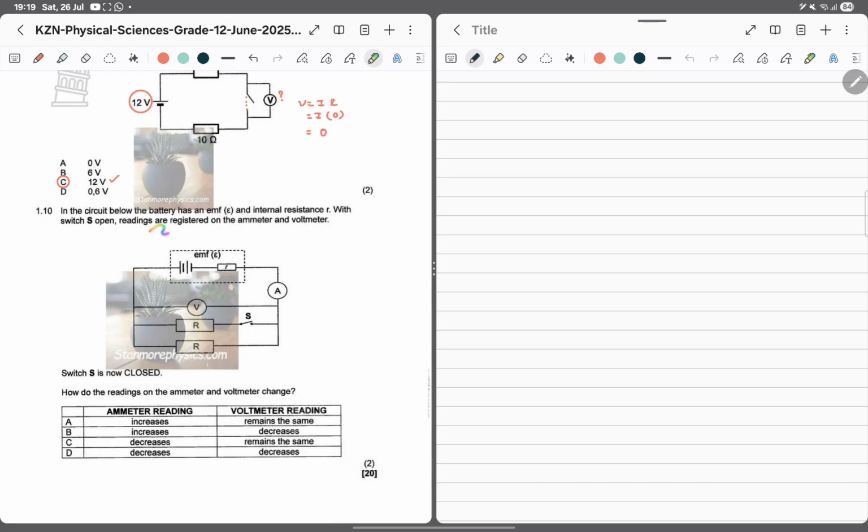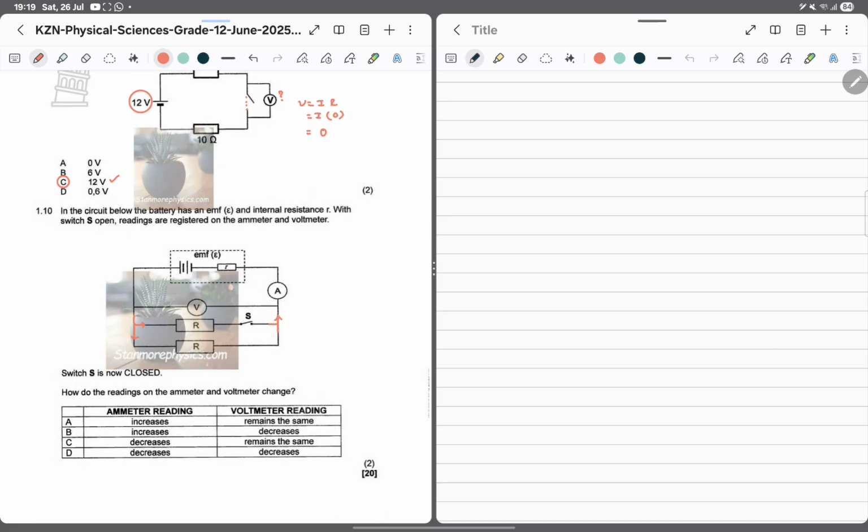The readings are registered on the ammeter and voltmeter. Now the switch S is closed. Okay, so we know that essentially the current will split into that segment and that segment, and of course it comes together here